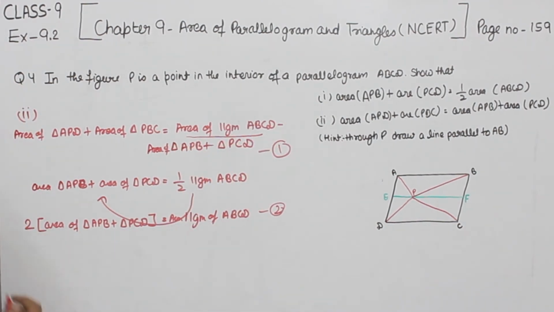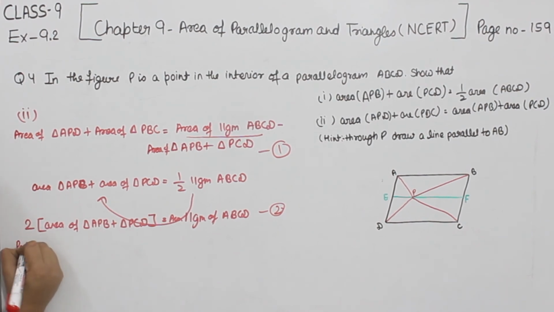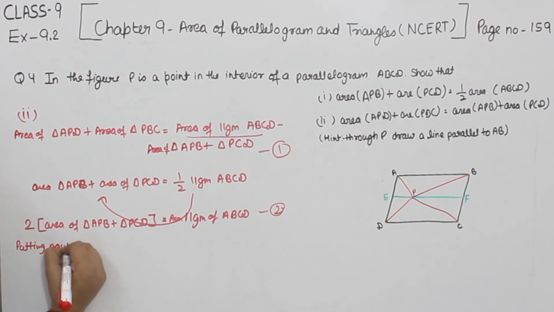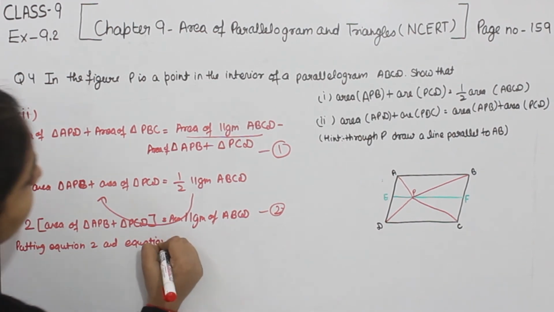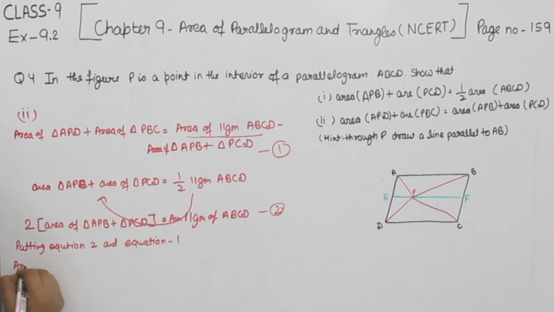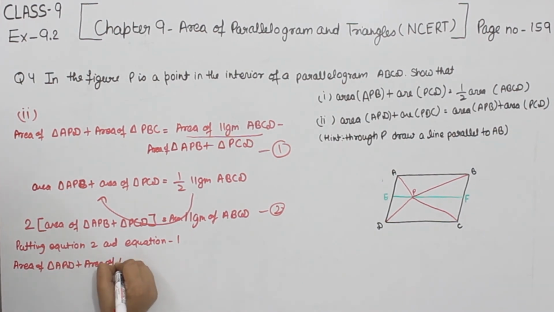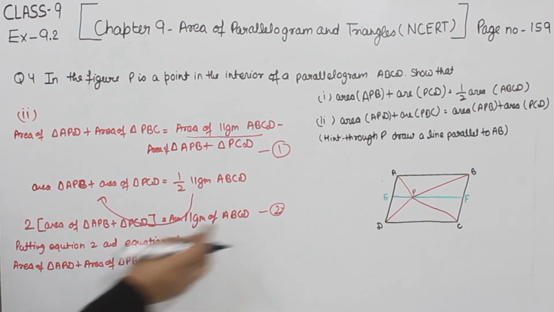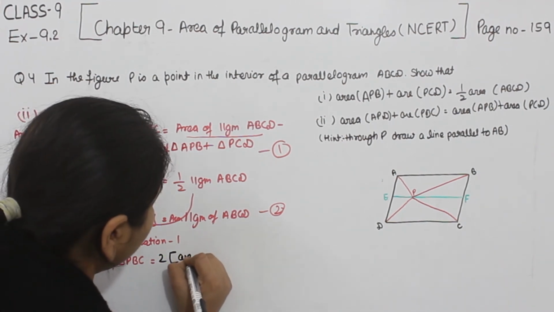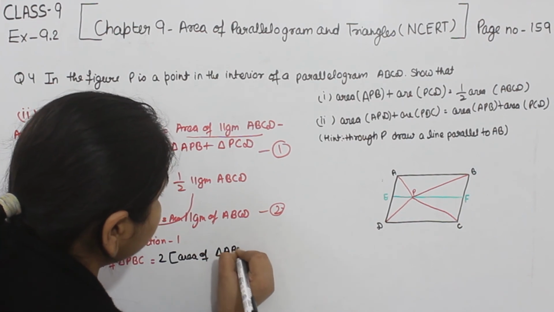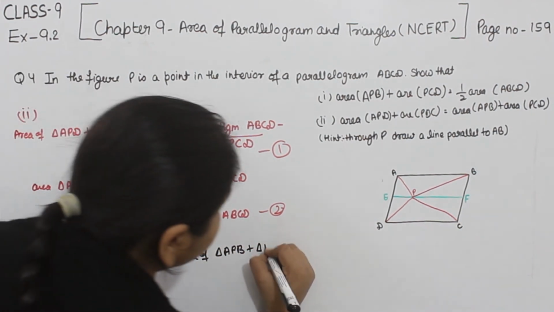So, putting equation number 2 in equation number 1, the area of triangle APD plus the area of triangle PBC is equal to 2 times the area of triangle APB plus triangle PCD,